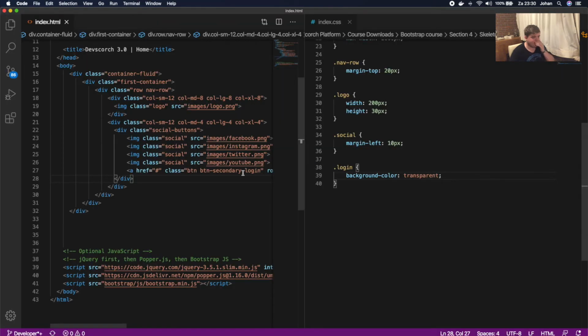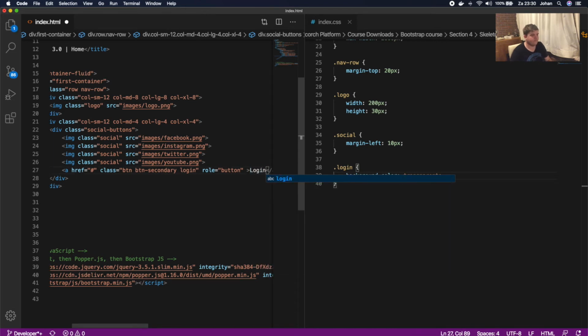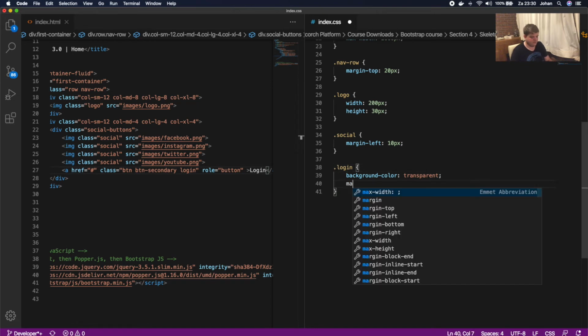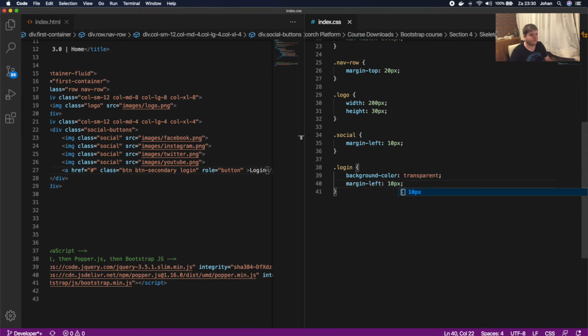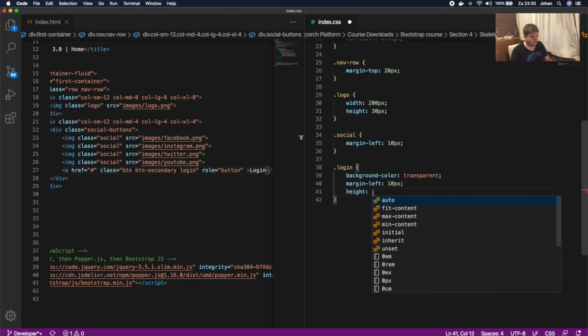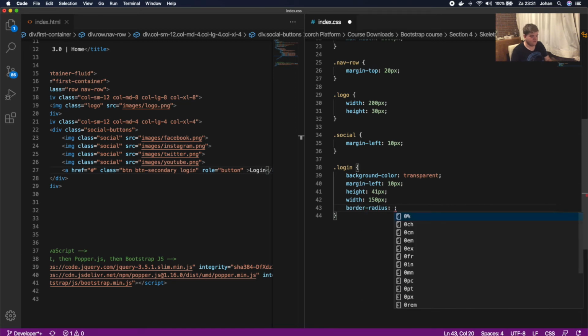That looks nice. And first we're gonna change in index.html, we're gonna change link to login. And we're gonna give this in the index.css a margin-left of 10 pixels. We're gonna give this a height of 41 pixels, a width of 150 pixels, and a border radius of 15 pixels. We're gonna give this a border